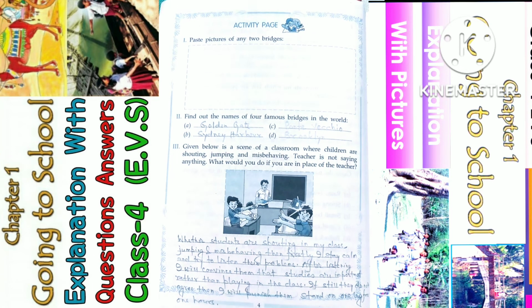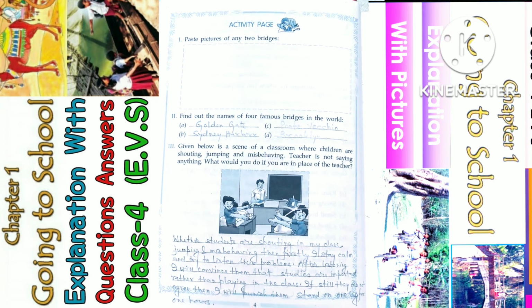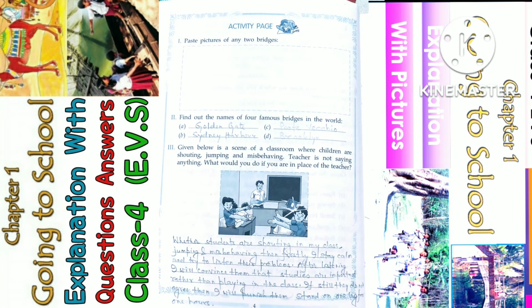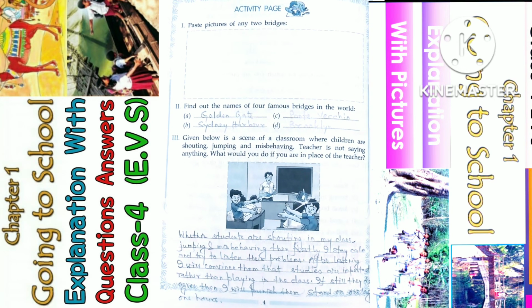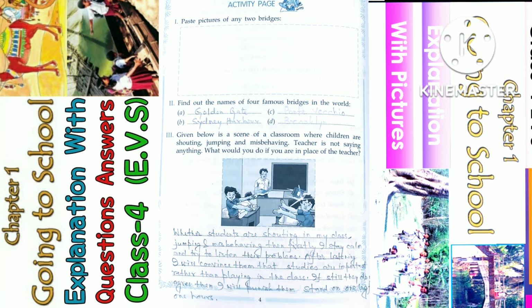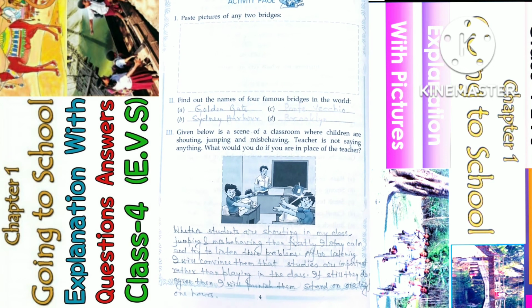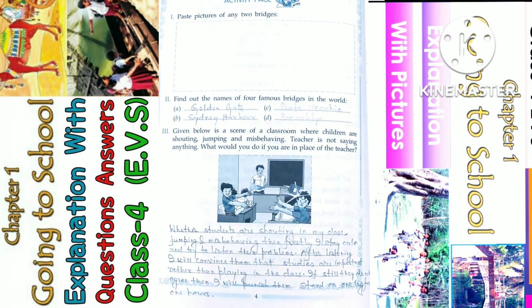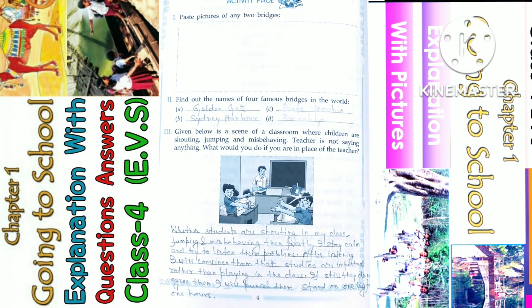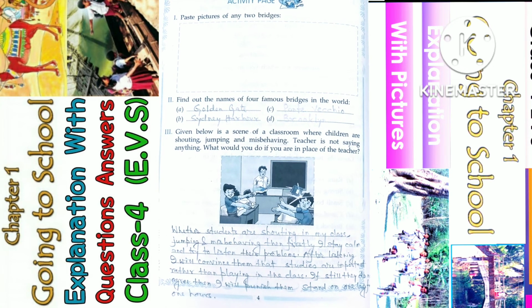नेक्स्ट क्वेश्चन, एक्टिविटी पेज। पेस्ट पिक्चर ऑफ एनी टू ब्रिजेस। ये पे दो ब्रिज का ये पे पिक्चर पेस्ट करना है, तो स्टूडेंट यू हैव टू डू योरसेल्फ, ओके, सो दैट्स व्हाई आई कीप इन ब्लैंक, ओके। नेक्स्ट क्वेश्चन, फाइंड आउट द नेम ऑफ 4 फेमस ब्रिजेस इन द वर्ल्ड। 4 फेमस ब्रिज का नाम यहाँ पे लिखने के लिए